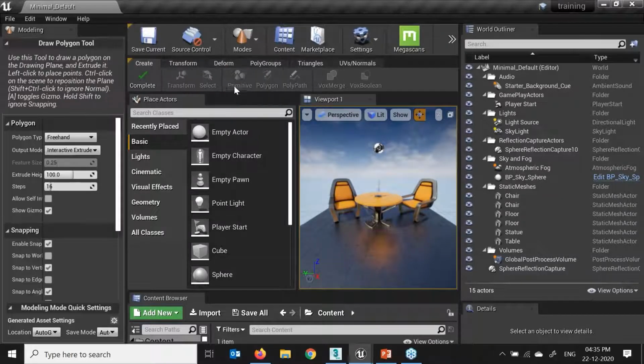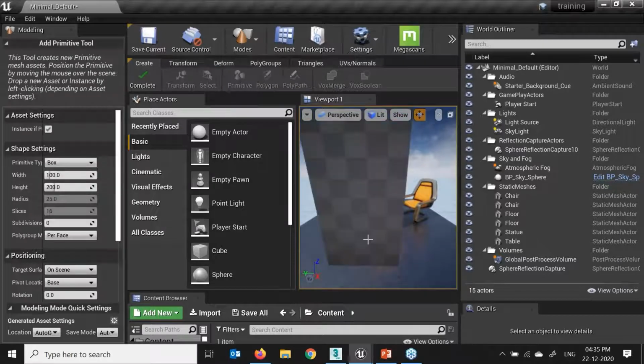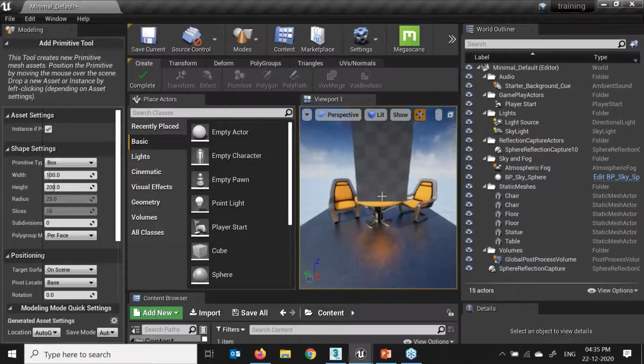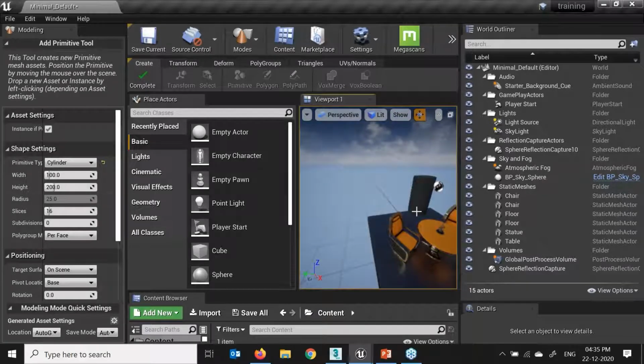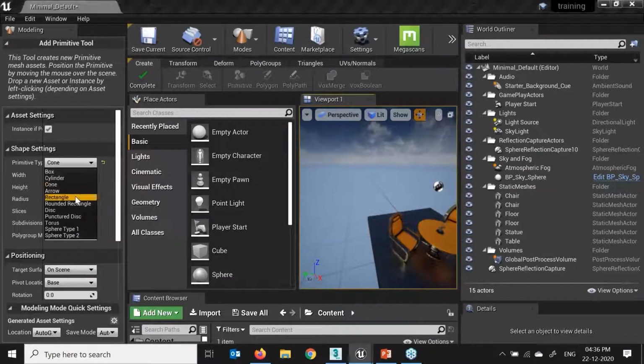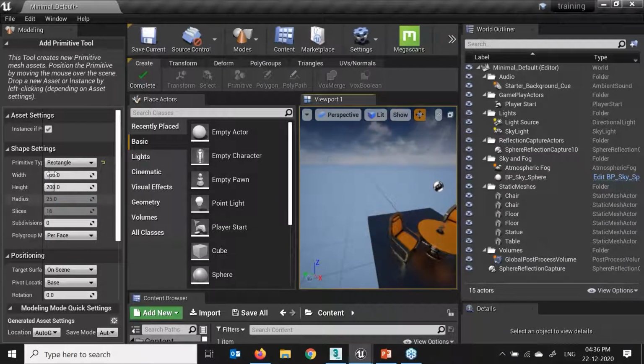If I say polygon, click over here, we are getting freehand, interactive, extrude, circle, square, we have the complete primitive tool. If I want to add, you can see over here, this is already snapped. Here I do not need to do a snap. This automatically comes. Cylinder, if I want to add a cylinder over here, I just need to move and select which area I require to add. We have cylinder, we have cone, we have rectangle, and disk, we can simply add a disk. So there are lots of options we have over here.